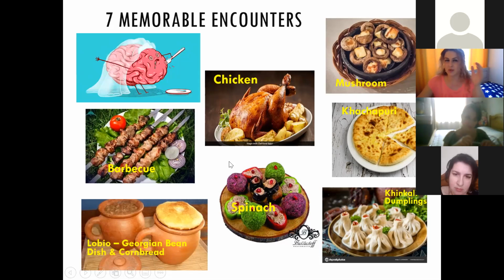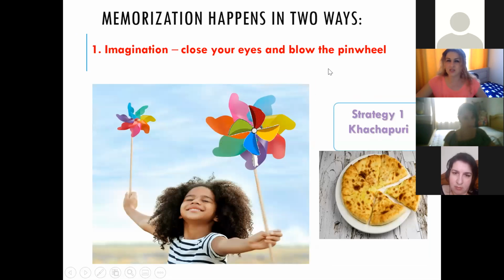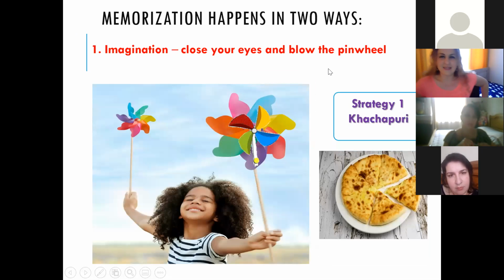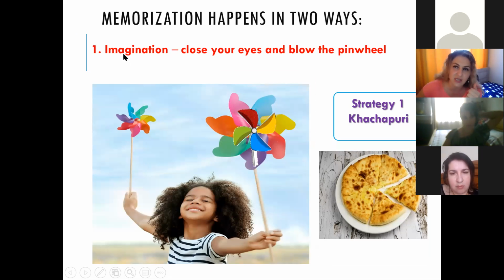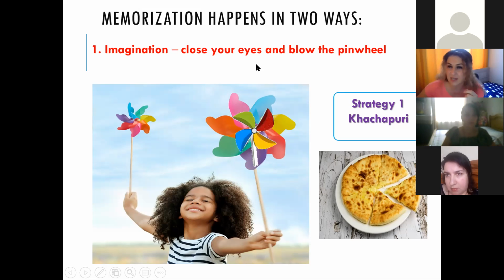Okay, now we're going to move to another slide, and I will introduce the activity, a strategy which is like a stimulation of our brain. We memorize in two ways. The first one is imagination. We use our imagination. As Einstein says, imagination is not limited for a person, and you can travel in your imagination. Imagination is more important than knowledge.